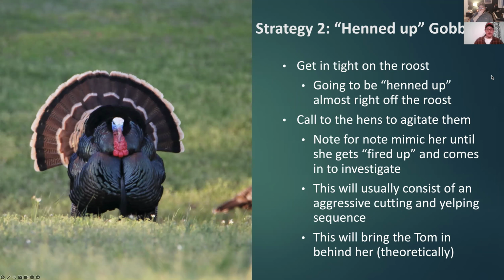Like, I have had birds like this, they're henned up and they're sticking to the middle of agricultural fields where you just can't get a shot. They're almost never in range. Then your primary tactic does need to be to get in tight to the roost and basically try to get them right before they get out into the open ag fields. And so that means getting out there extra early.